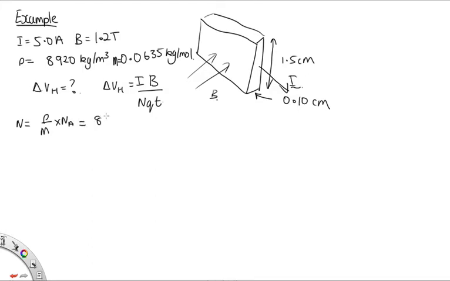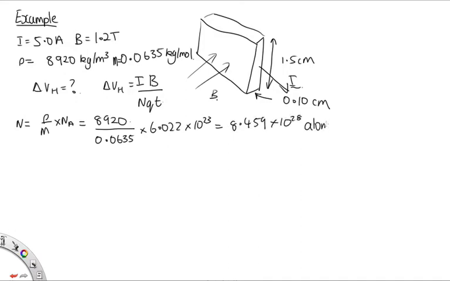So we've got 8,920 over 0.0635 times 6.022 times 10 to the 23, which gives us 8.459 times 10 to the 28 atoms per meter cubed, which is also the number of electrons or charge carriers